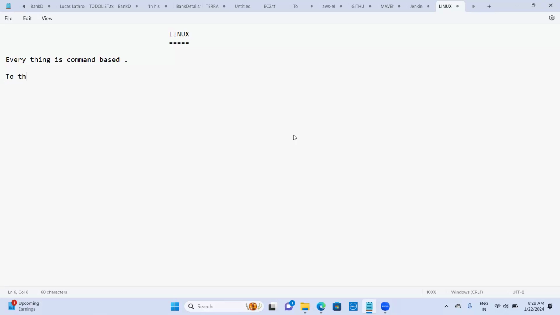to list the files and folders in Linux. We will use a command. What is that command? We will use the command ls. The command, I will also call it the syntax. So the syntax